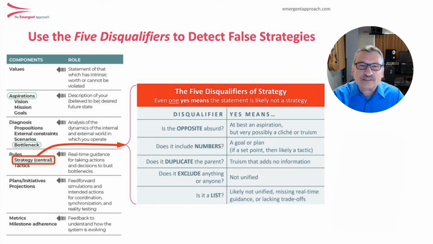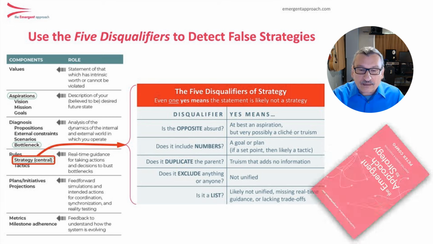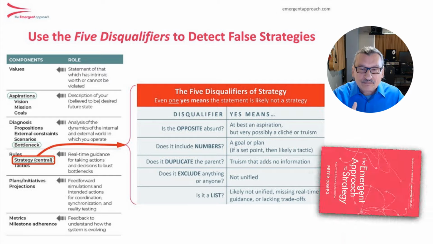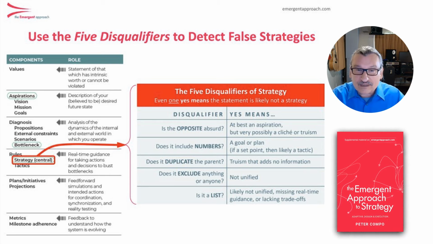So what are the 5? They are, is the opposite absurd? Does it have numbers? Does it exclude anything? Does it duplicate what the higher level organization told you? And number 5, is it a list? If you can answer yes to any of those, what you likely have is a goal at best, but often